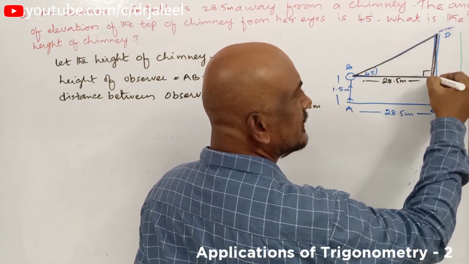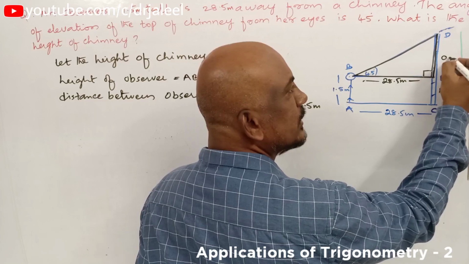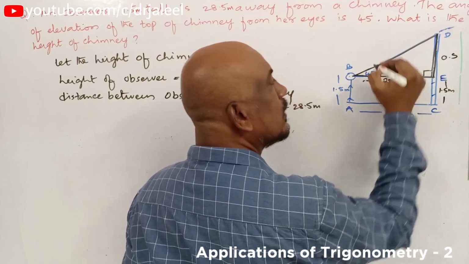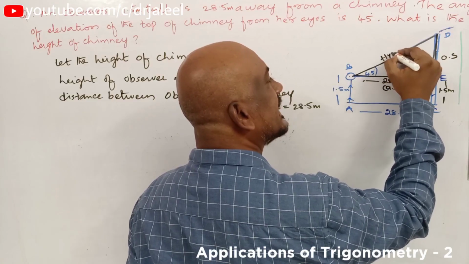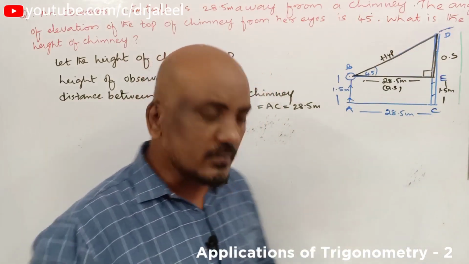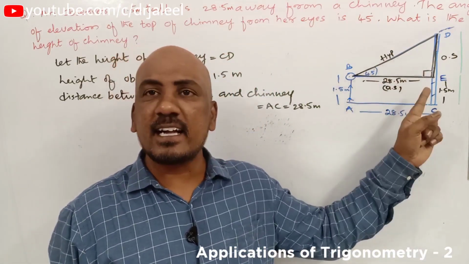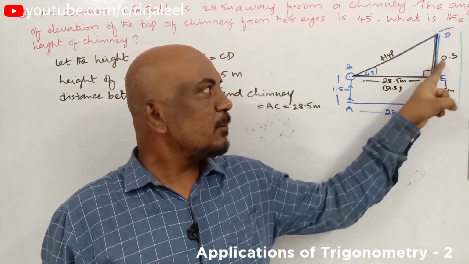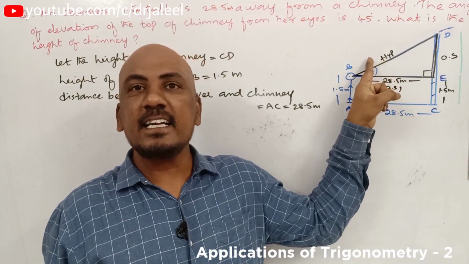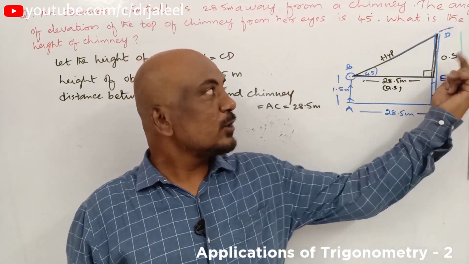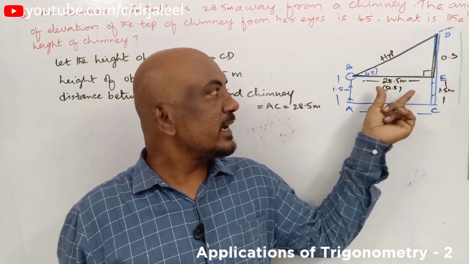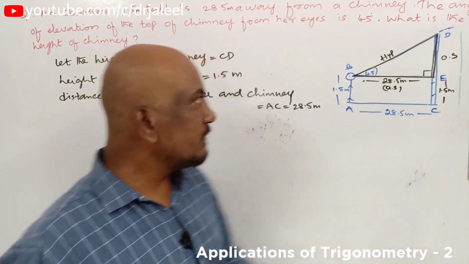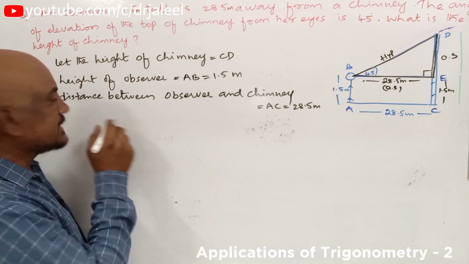What is this side with respect to 45? This is going to be the opposite side. What is this side? Adjacent side. And what about this longest side in the triangle? Hypotenuse side. So children, in this right angle triangle, we have labeled the sides: opposite side, adjacent side and hypotenuse side. So now you want the opposite side where the adjacent side is given. So first of all, let us present the triangle.